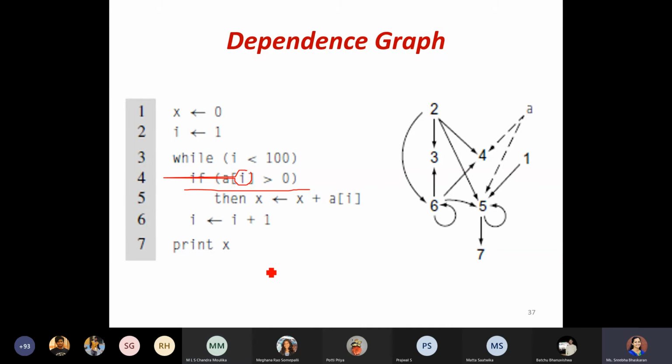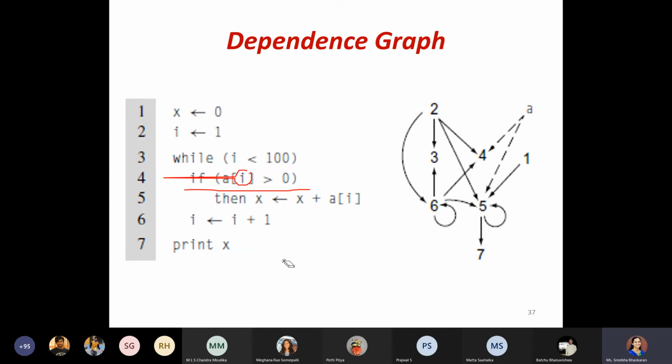If you see the third line, I less than 100, I means you are using the value of I, which was already created. So where is I created? I has been created in node 2. That is the reason why this arrow has been maintained. These lines were there, that's why I was showing you the nice graph. Okay, so this is the data dependence graph. Hope it is clear.